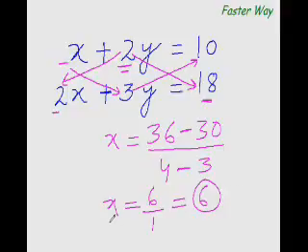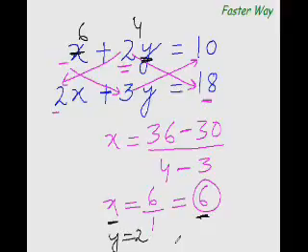Now once you have the value of one variable, finding the other variable is very easy. Alright, so now substitute this value in any of these two equations. So you know that this x is 6, isn't it? Now 6 plus something equal to 10. So you know that 6 plus 4 equal to 10, and 2 times what equal to 4? So 2 times 2 equal to 4. So y equal to 2. That is what your answer is.